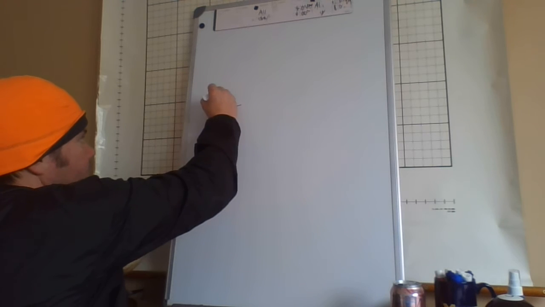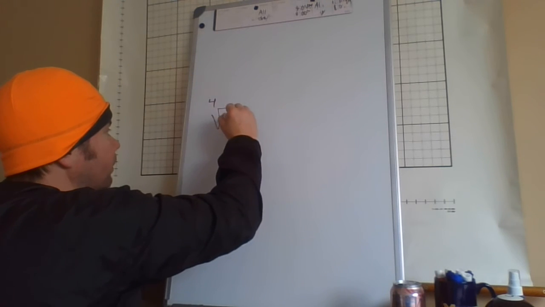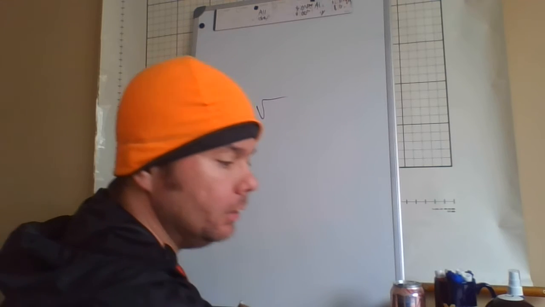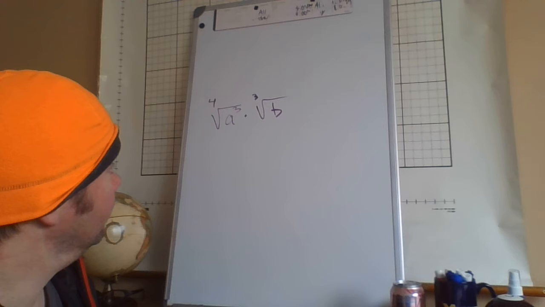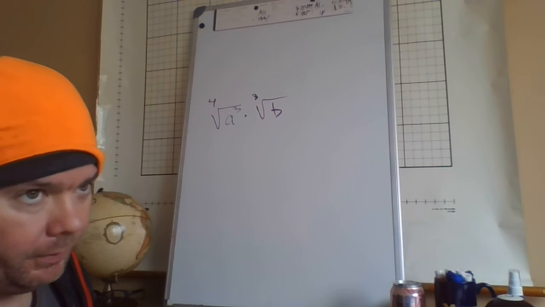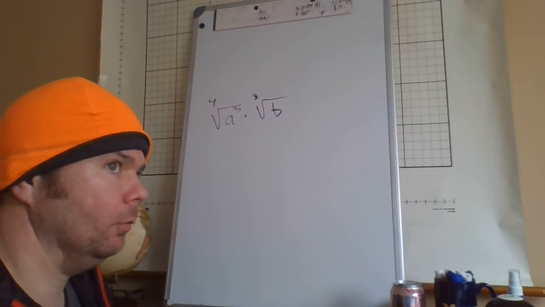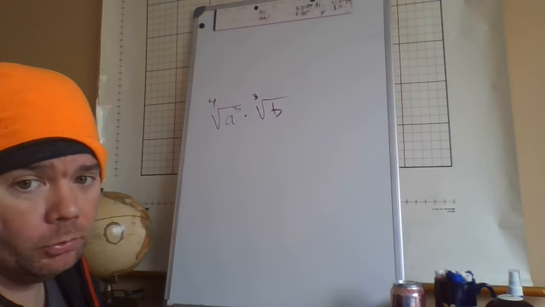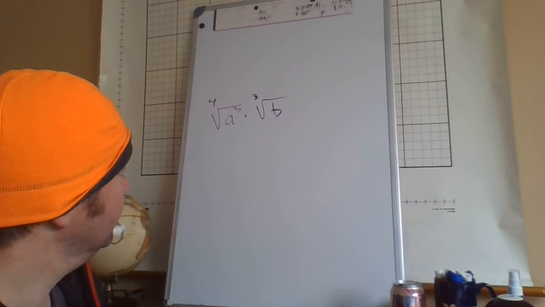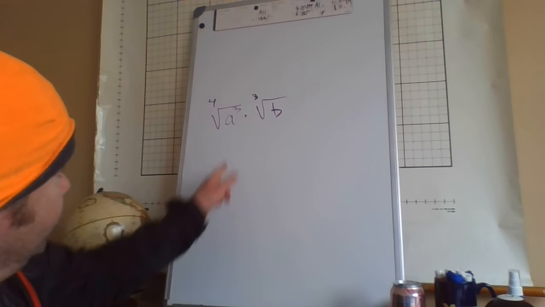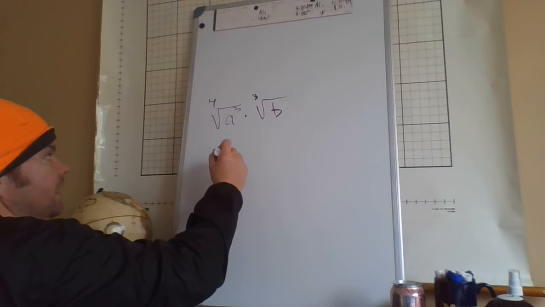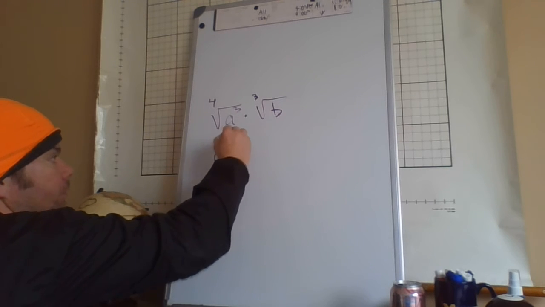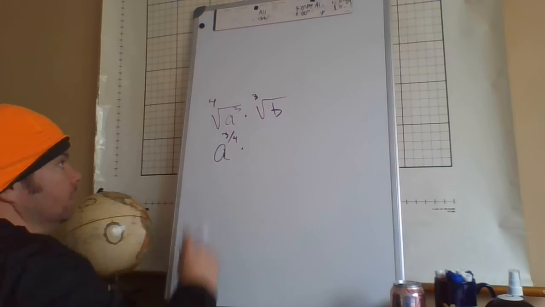Okay, what do we have? We have the fourth root of a to the third times the third root of b to the first. Okay. All right. You look at something like this, you're taking a test, you're taking a quiz, you're doing your homework, whatever. You freak out because it looks complicated. If all else fails, put it into exponential form. The fourth root of a to the third is also known as a to the 3/4, okay, times